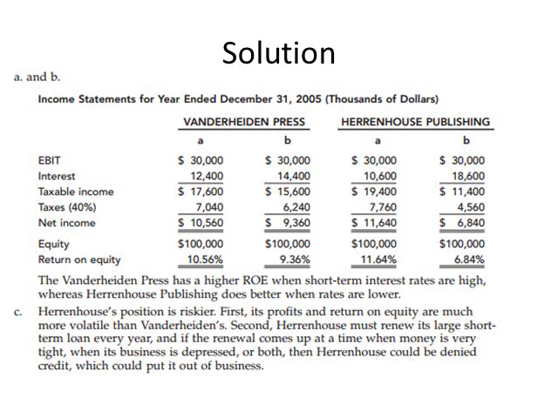When you compare between both companies, in A you will find that the second company has higher return, which is 11.64 versus 10.56 for the first company. And in the second situation, you will find that the first company, Vander Hidden, has higher return on equity, which is 9.36% versus 6.84%. يبقى انت هتلاقي ان الشركة الاولانية لما كان الشورت تيرم انترست واطي اللي هو كان 10%، هتلاقي ان العائد بتاعها، معدل العائد بتاعها اقل من الشركة التانية، والشركة التانية هيبقى معدل العائد بتاعها اعلى.